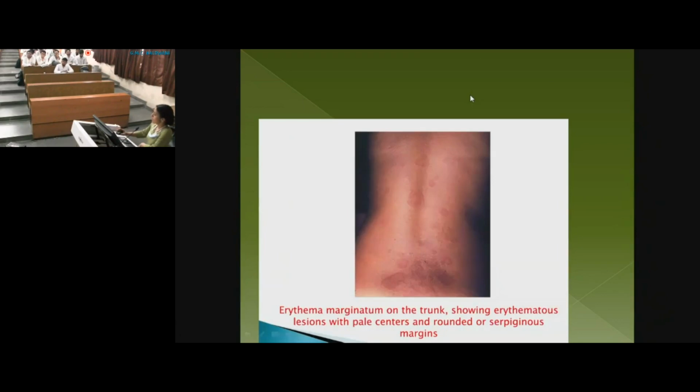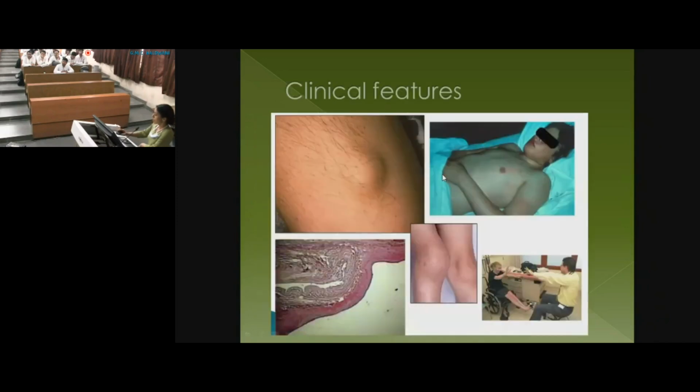So these are erythema marginatum. See, irregular raised margin, right? Slightly, you can find that the centers are slightly pale. Not very easily seen. These are the subcutaneous nodules, right? See, erythema marginatum is very common in fair-skinned individuals. We haven't seen a lot of erythema marginatum. We've seen some subcutaneous nodules, but again not so common.